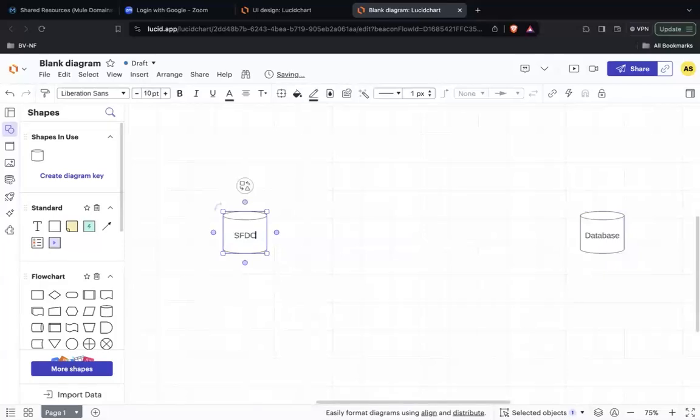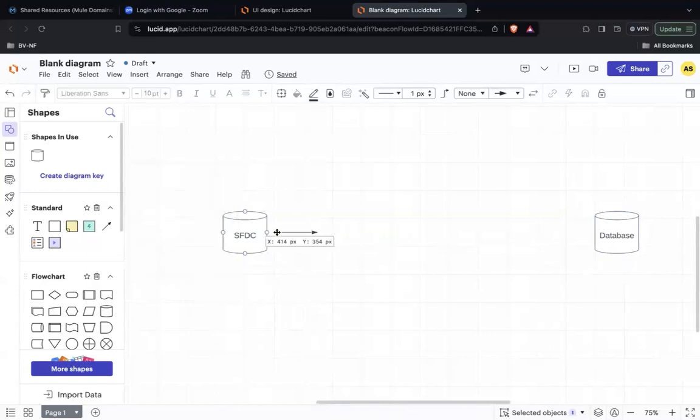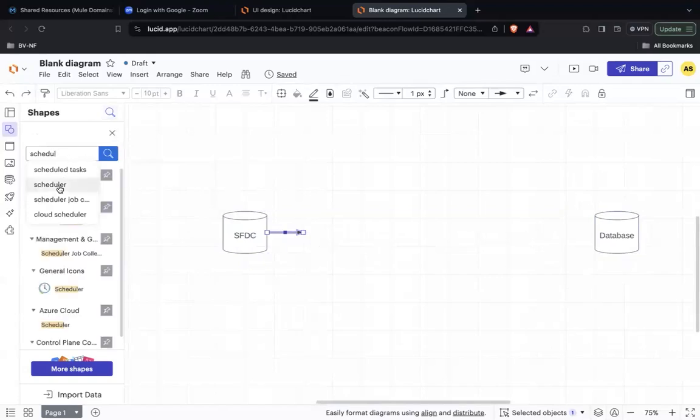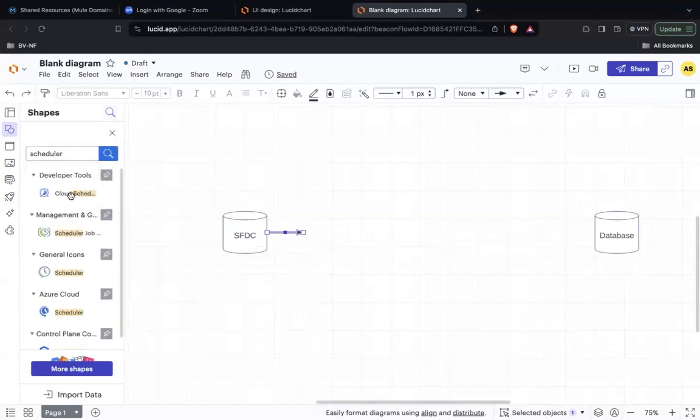So, on one side, you have Salesforce, right? And you're saying it's something based on some kind of scheduler-based approach, right? Right. So I'm saying that, let's say, at certain fixed time or epoch time that you have mentioned, we basically